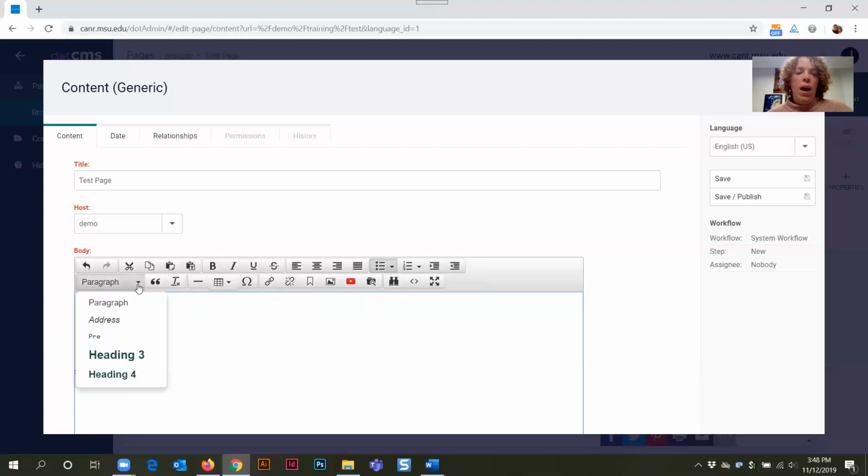The next row has some of the styles that are available to be used on our particular websites. Paragraph, which is what our text automatically defaults to. Address and pre, those are two things that aren't typically used very often on our web pages. And then you see heading 3 and heading 4. And you might be wondering what happened to heading 1 and heading 2. So on our website,